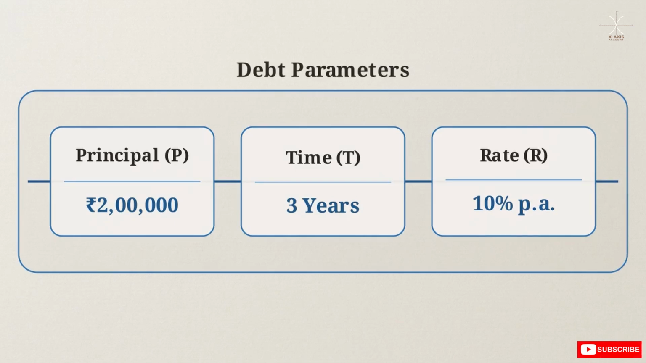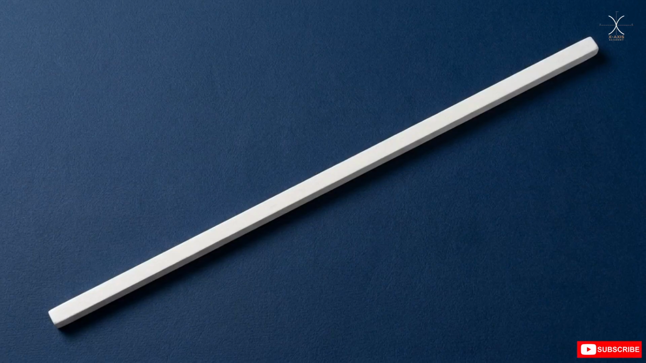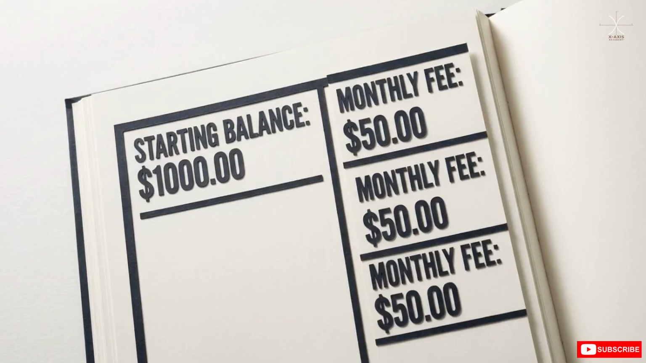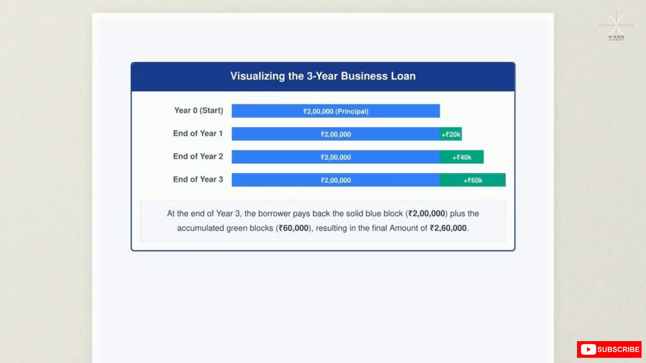signing any paperwork. The most straightforward way to calculate this fee is using a method called simple interest. The rule here is strict. The fee is calculated uniformly, based only on the original principal. It never compounds or changes based on previous interest. This infographic maps out our 3-year business loan as a chronological timeline, letting us see exactly how that fee accumulates